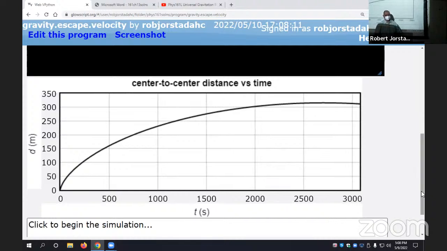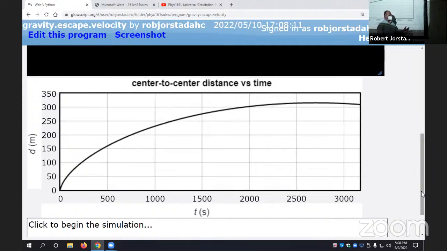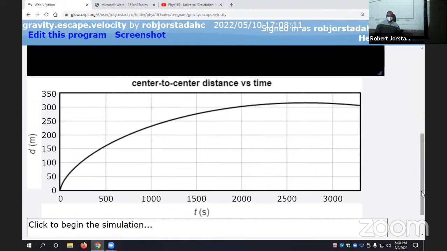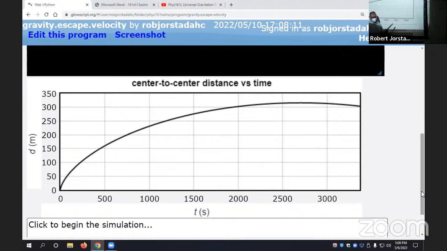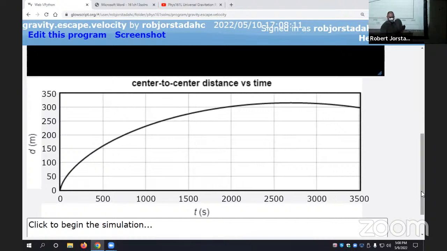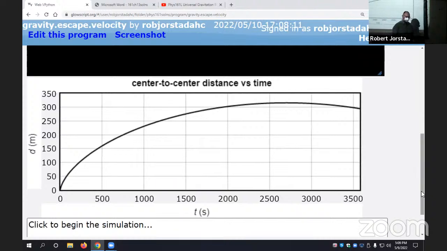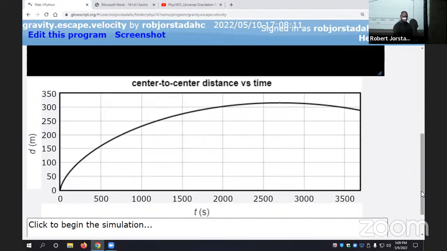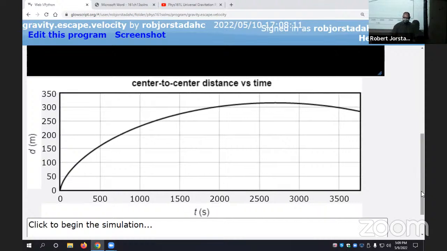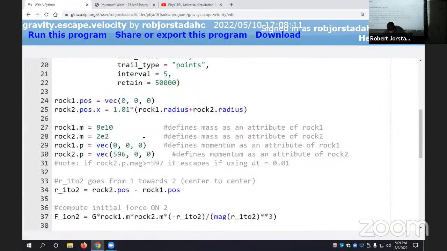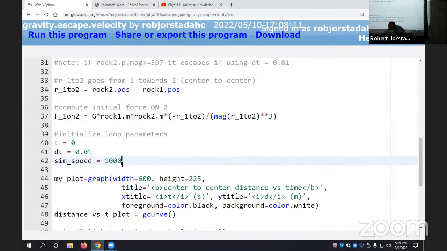It's very tricky to see if this thing escapes or not without the plot, because you can't really tell over a long enough time. You also look at the time I'm running this for. We're up to 3,000 seconds. So clearly, one of the things you want to do is crank up your simulation speed when you're running these codes so you can get this over with quickly, right? Rather than have it run like this, you can come down to here and just crank up the sim speed